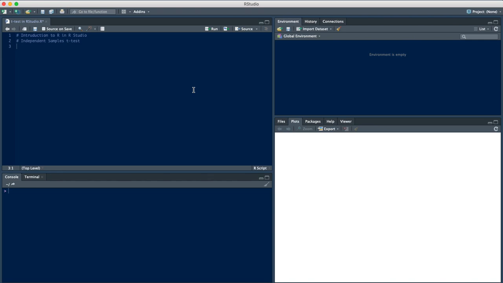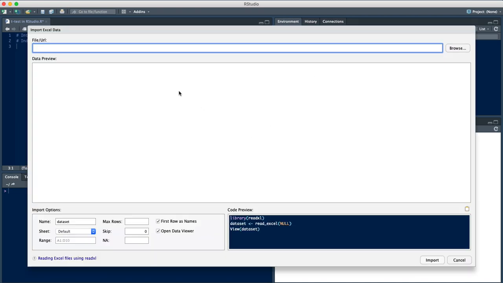Okay, so we're going to learn to do the independent samples t-test in R, and in order to do it we need some data. I've prepared 2 Excel files, and I'm going to import them using this menu right here, Import Data Set. Now, if you don't see all of these different things here, you probably need to upgrade your version of RStudio to the latest one. And the first time you click on one of these, we're going to import from Excel. It might tell you that it needs to install some packages. Just allow the program to do that and wait till it's finished, and then you'll see this screen, the Import